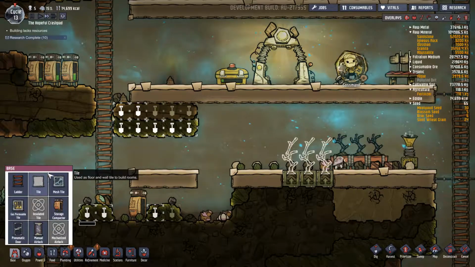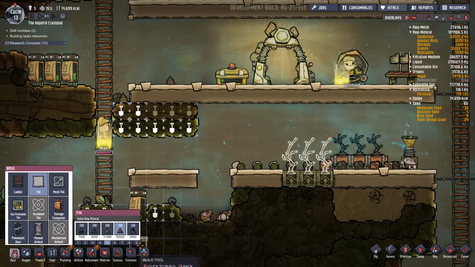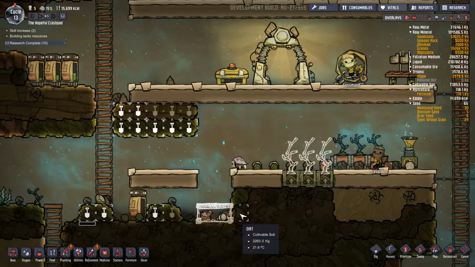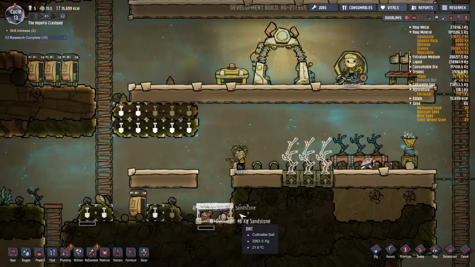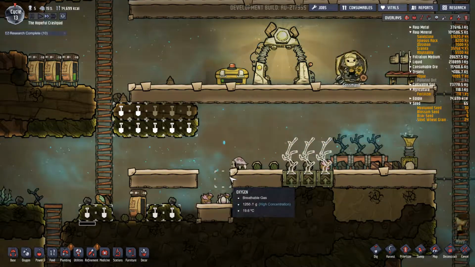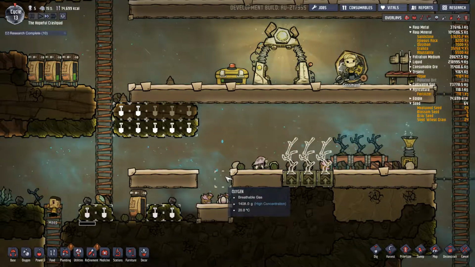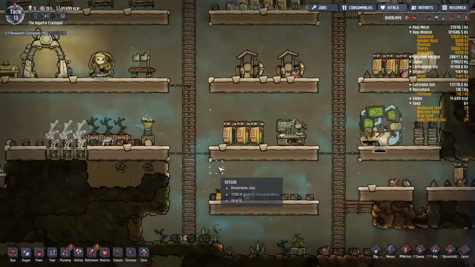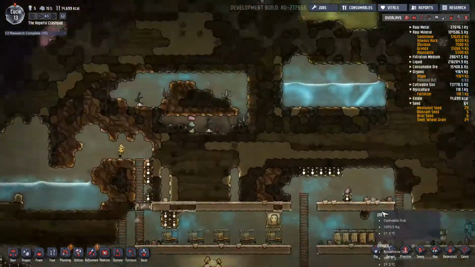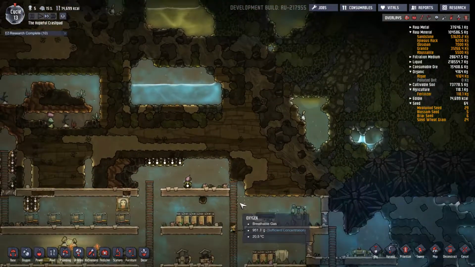Actually, if we put a priority 9 tile there, we'll build some tiles there. See if he will jump down there. Hey. Okay guys, how are we doing? We've got this here. That's set up to dig. And I think what we're going to do is